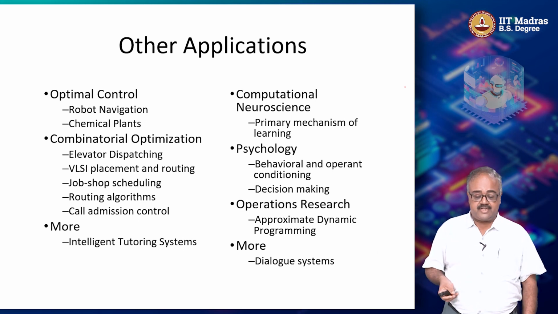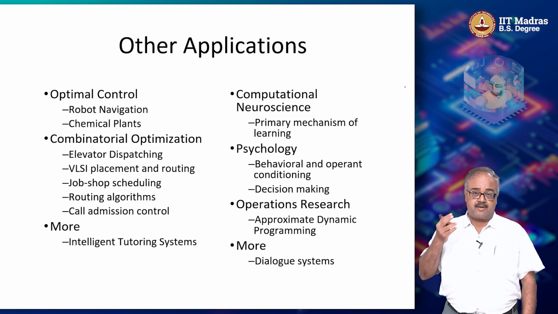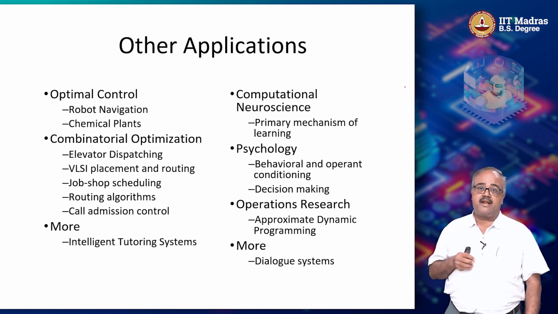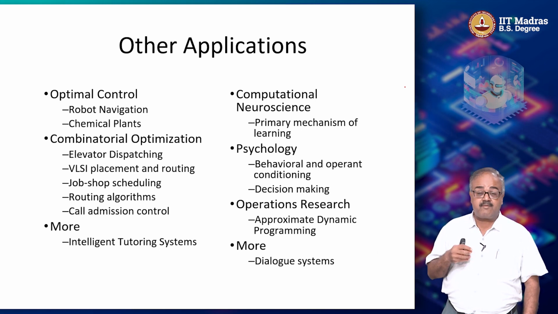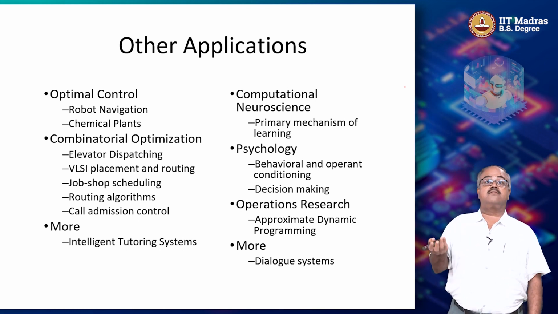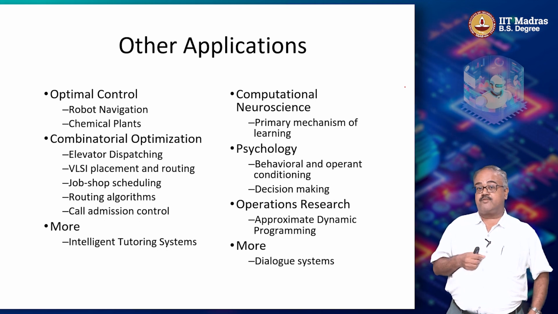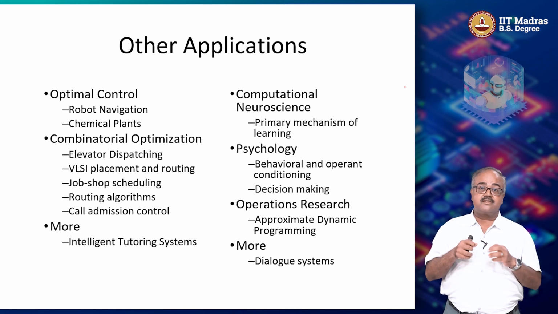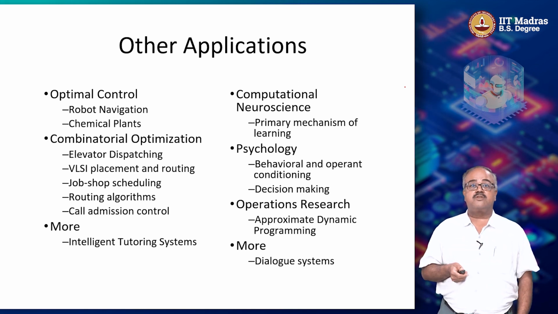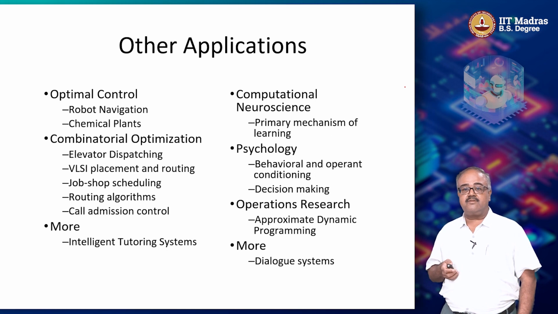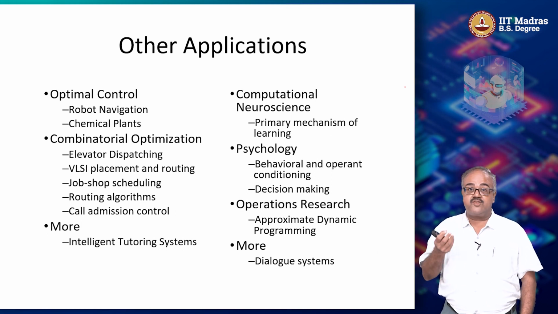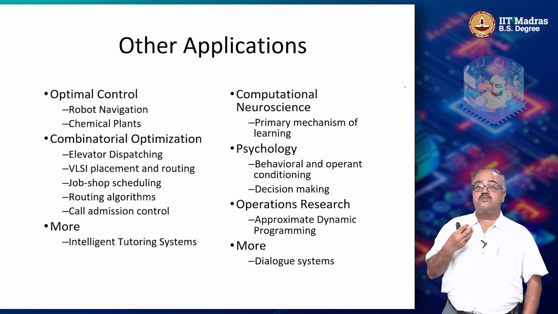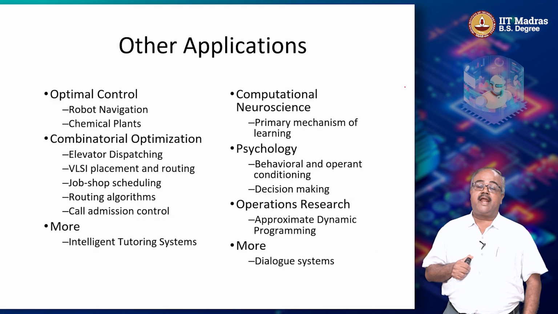Of course, psychology, as I already told you, right? And apart from looking at this kind of behavioral conditioning and other kinds of training domains, people have also looked at richer decision making models that are driven by what people do in reinforcement learning, right? And a lot more, right? There are things like intelligent tutoring systems which are personalized to a student based on RL. There are applications out there, and things like dialogue systems and chatbots and other things which are being trained using reinforcement learning, to better serve the end needs of a customer.